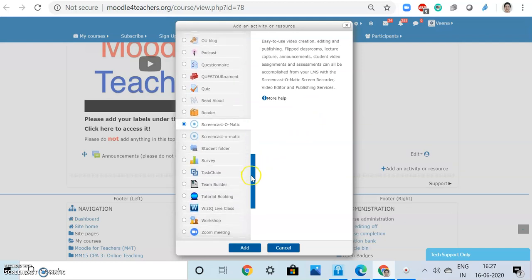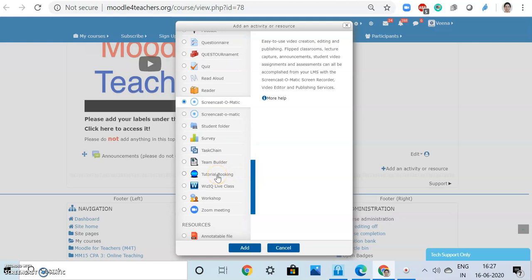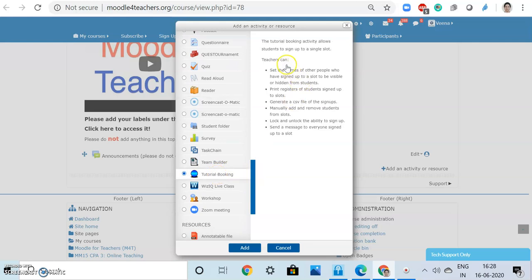And there is something interesting over here, the tutorial booking. So over here the students can sign up for a single slot, and this could be very conveniently used for remedial coaching.